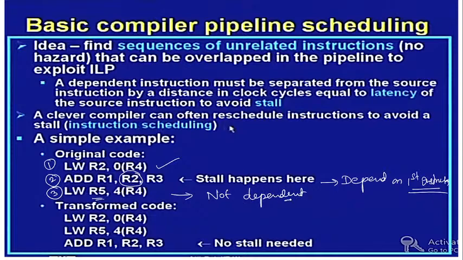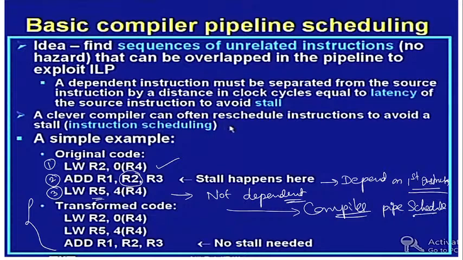So this is the original code. Now the transformed code: how will the compiler do the job? This is a compiler pipeline scheduling technique. The first instruction is the same as it is here. Load. Then the compiler, what it does,